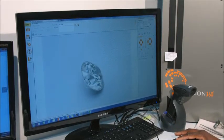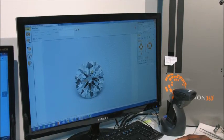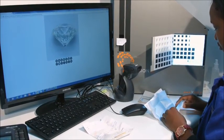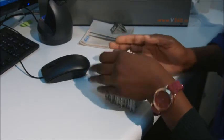Beautiful. After passing this stage, the diamond is now ready to make its way to the jewelry store to be inserted into a ring, a pendant, a tennis bracelet, an earring. The list